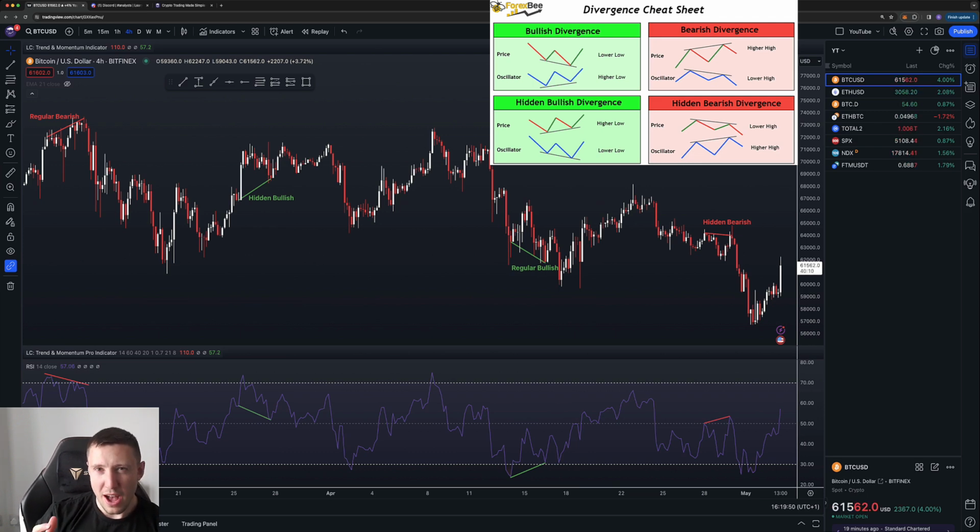water. Now I'm going to show you how our free indicator can simplify all of this, because I know what you're thinking. Trying to find out where all these divergences are can take quite a long time. You're not quite sure whether you've got the right one. Is it hidden? Is it regular? Is it bearish? Is it bullish? And sometimes they can be very hard to identify. So I'm going to show you how our free trading indicator can help save you a lot of time, stress,